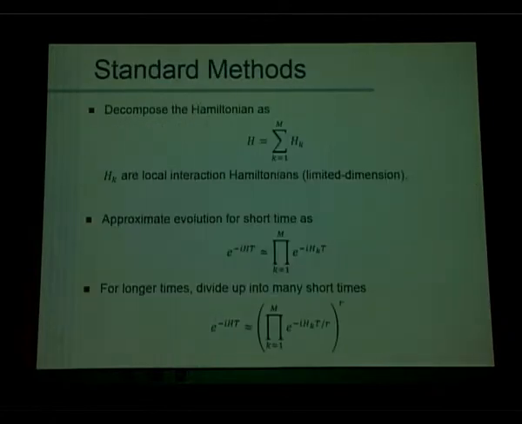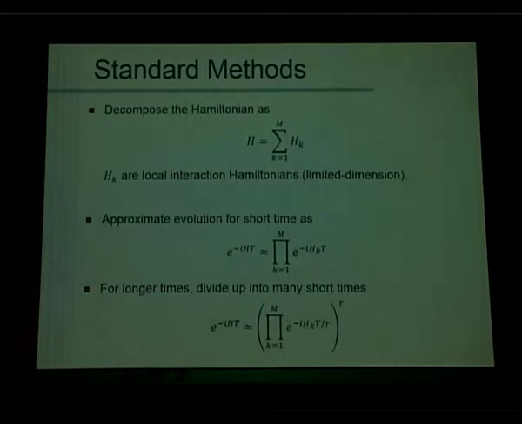So to give you a bit of background, this is a method due to Seth Lloyd back in '96, where you have a Hamiltonian which is a sum of these interaction Hamiltonians, and the idea is that the interaction Hamiltonians are only acting on say one or two subsystems, each of which has limited dimension, and that means that these are things which you can efficiently simulate. So the simulation of each of those interaction Hamiltonians is just an exponential in this formula here, and then if you are looking at